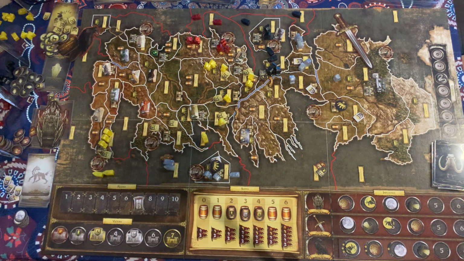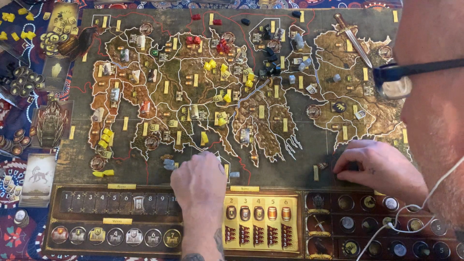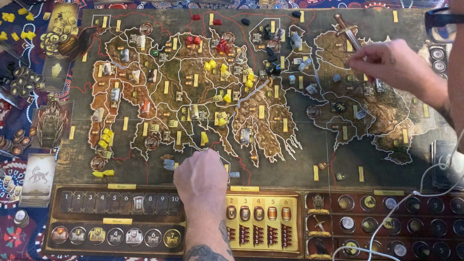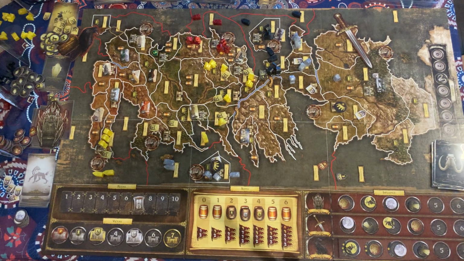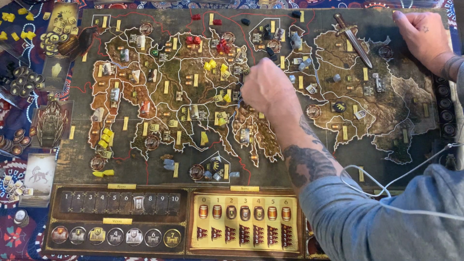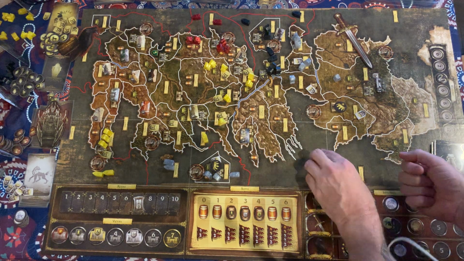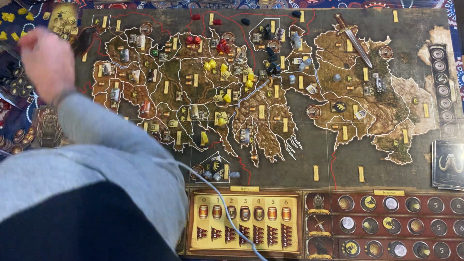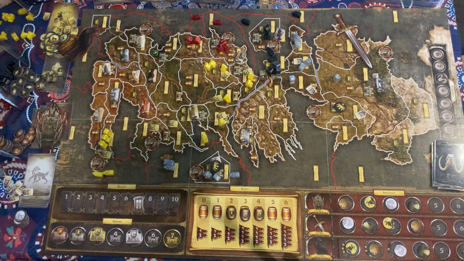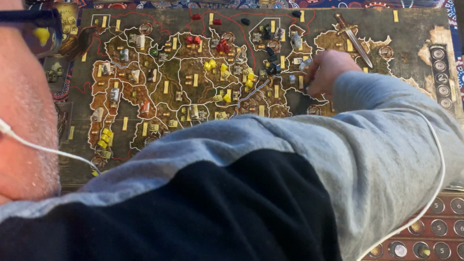Put their tokens here. Next is House Stark. They have 1, 2, 3, 4. They have 4 tokens I can add to theirs. And finally, House Greyjoy. They have 1, 2. Greyjoy adds 2. Okay, Greyjoy has their power tokens now, and consolidate phase is done. Let's clean up, and we will go into